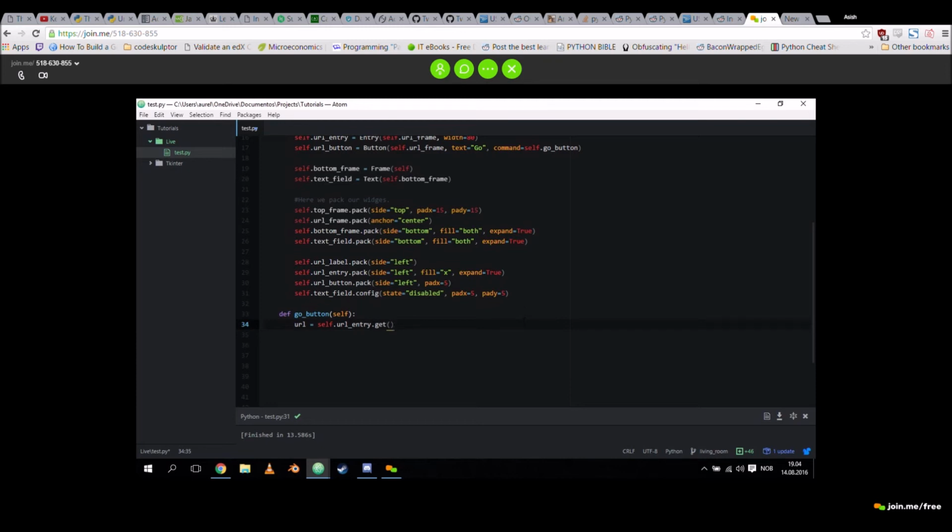So this is our URL entry, and that's the get method that comes with it. It's that simple. Just get in there, and that gives us all the text that belongs to the URL. Now, some people are going to want to type HTTP. I don't know any of those people, so we're going to have to check for that. But first, we're going to have to see if there's something there, because if it's empty, then nothing should. So if there's nothing in get, it gets none, and this won't run. So it's very simple. Let's do the thing.